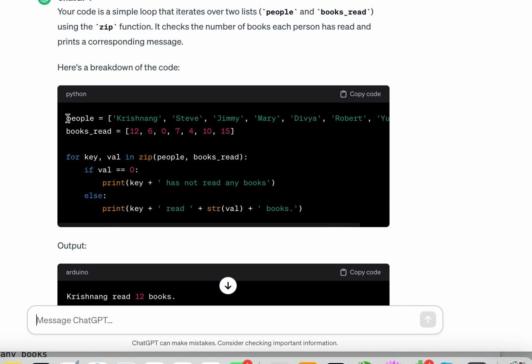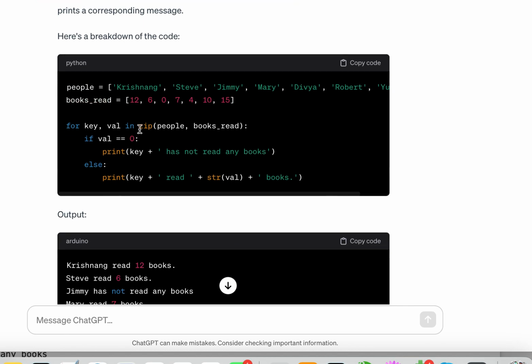So we have a variable called people, that's a list of people's names, and we have another variable called books read, that's a list of the number of books they have read. What we're doing here is creating a key value pair by zipping two lists together, and we're going to loop through it making the key value pair, and then simply say that the key, that is the person's name, has